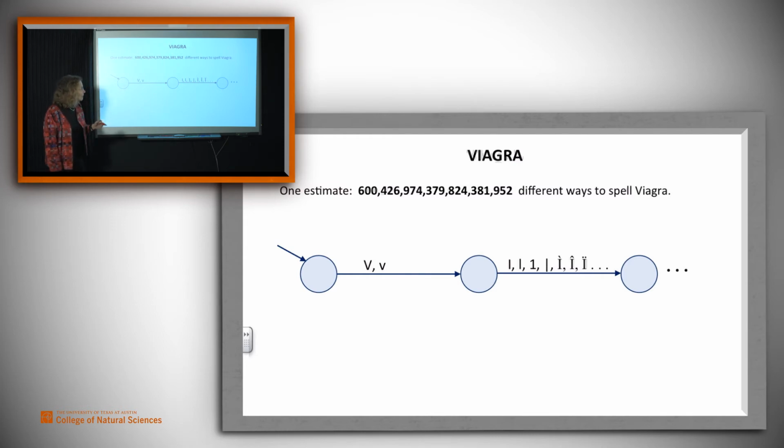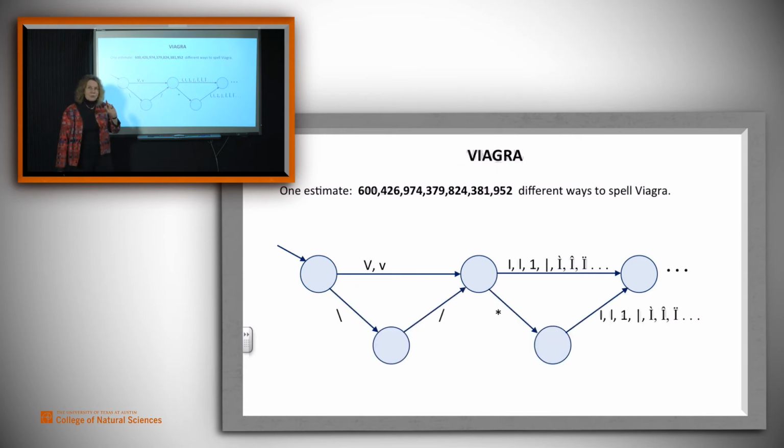Here's another simple example. You want to sell Viagra, and the spam filters want to try to prevent you from selling Viagra. And so all the spam filters have a property that if they see you write that, then they throw the message away. So the spam generators have figured out that you don't actually have to write Viagra. You could, for example, recognize that somebody is going to, if they see the 2 slashes, it's going to look a lot like a V. So they can change the string to make it possibly get through the filter, but the filter guys are smarter,